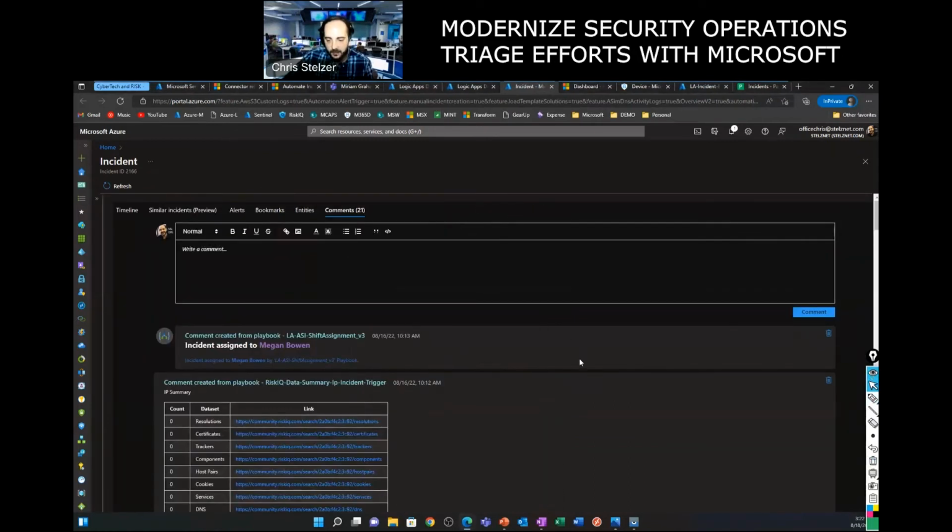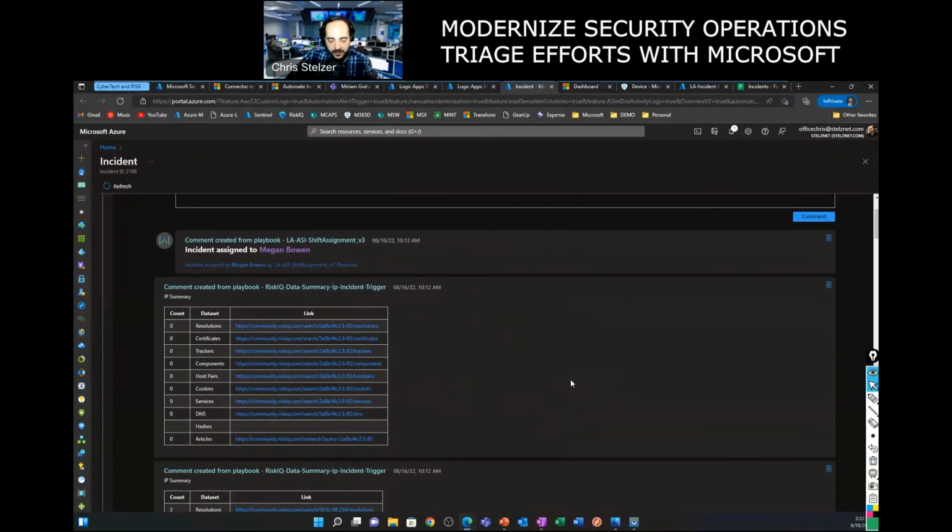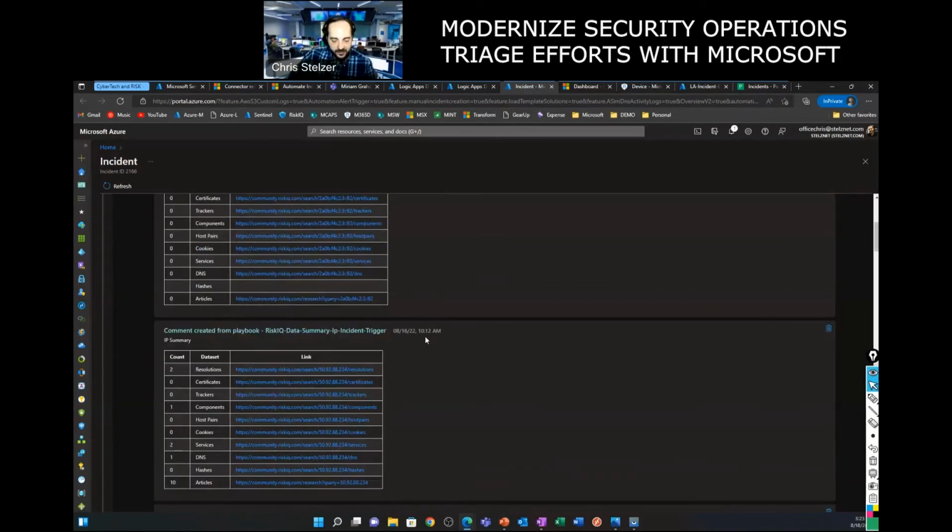I really like the ability to tie into other third-party data sets. One of the companies that we acquired is called RiskIQ. RiskIQ is a threat intelligence company, and we acquired them last year, and we're looking at rebranding it as Defender Threat Intelligence. But today, the way RiskIQ integration works with Sentinel is almost exactly like the STAT module. Anytime an IP address is found, it queries RiskIQ, gathers the evidence that RiskIQ knows about these IPs, and surfaces that evidence directly on the incident.